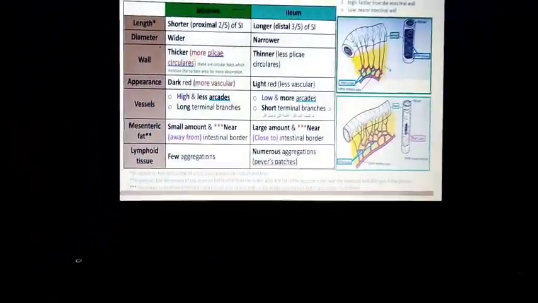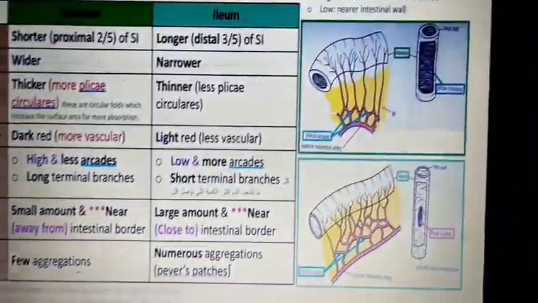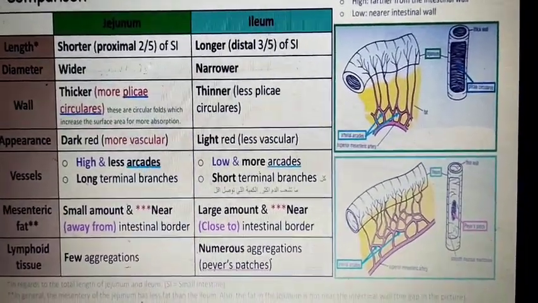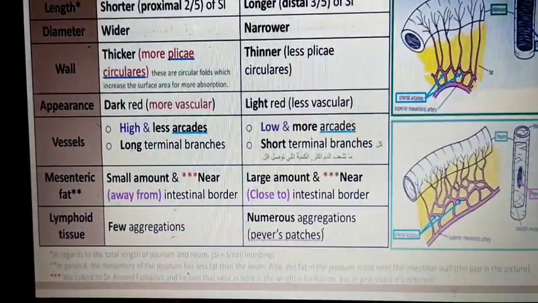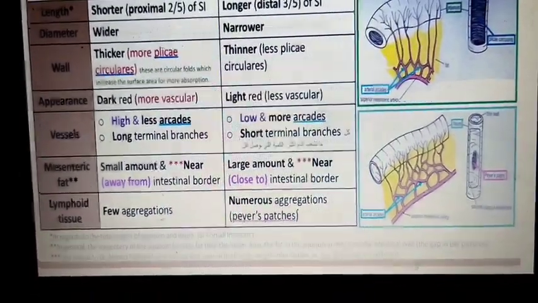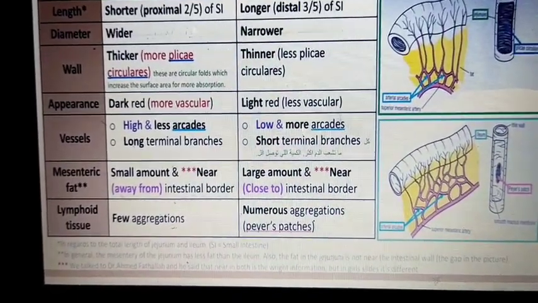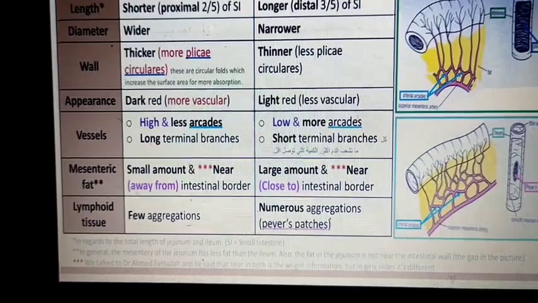Now we can go to the difference between the jejunum and ileum. You can make it out in the picture also. The jejunum is shorter and is present proximally. I already explained the length of the jejunum. The ileum is longer and is present distally in the small intestine.